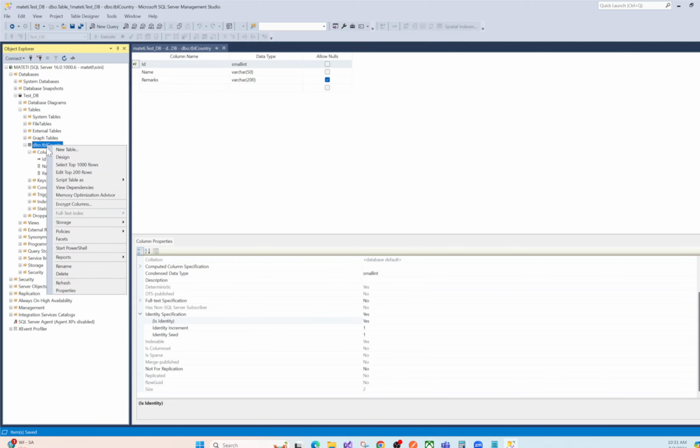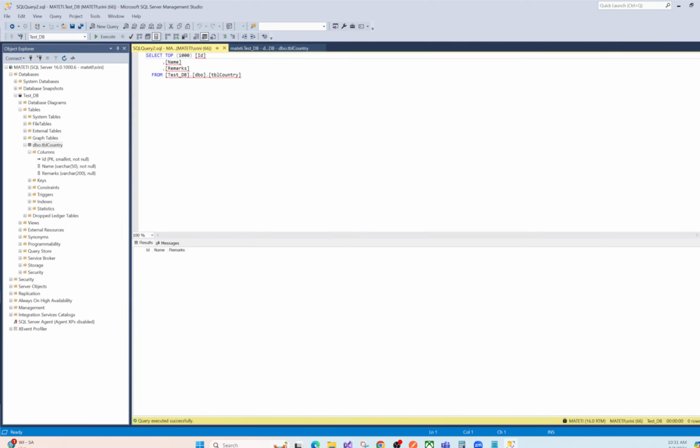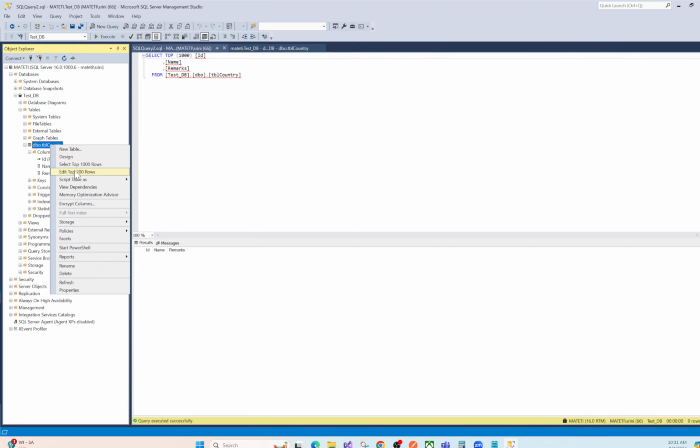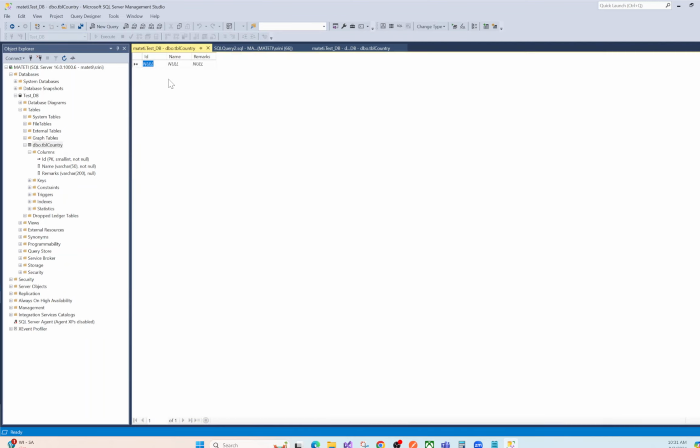Okay, so how can I insert a record? So you can do the select. So this is the query. It can be used to retrieve the data from your table, but I don't have any data. So now how can I insert? Edit top 200 rows. So here